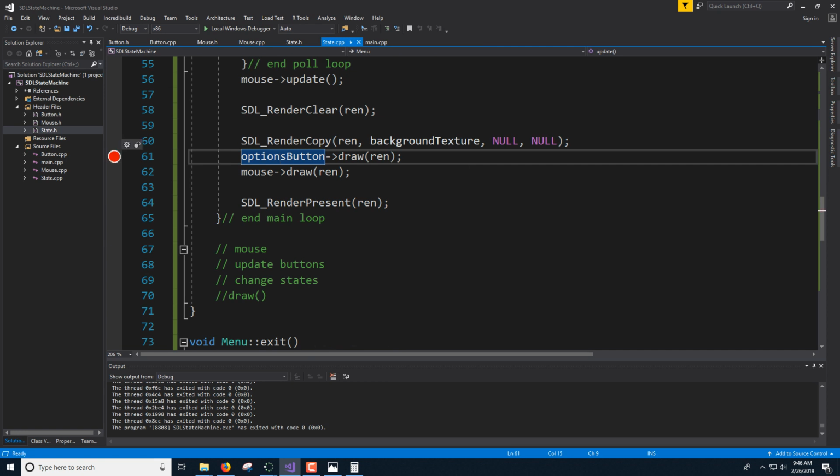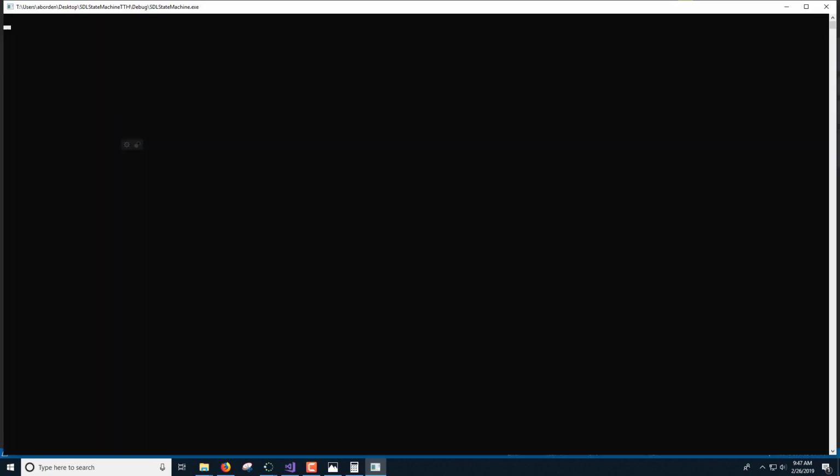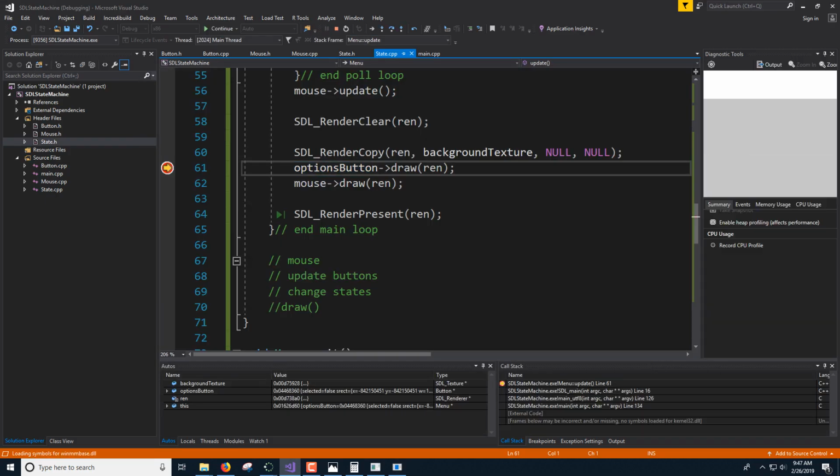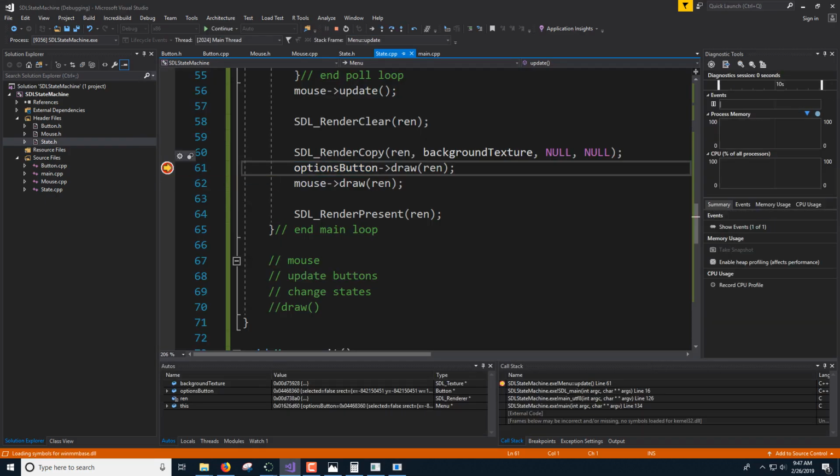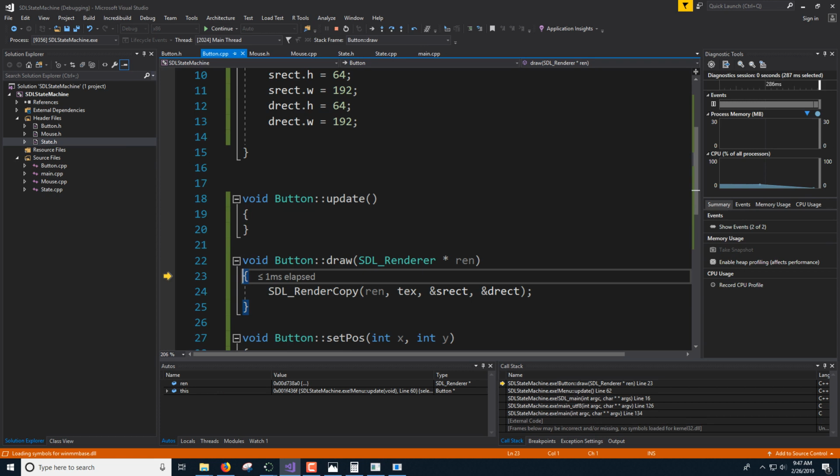So I just put a breakpoint here, and I'll run it in debug mode, and it's going to stop here. Now, when your debugger stops, this line has not been executed yet. It is about to be executed. So I'm going to step in. That means I want to go into this draw function, and it takes me there. I'm going to step over until this arrow is pointing at this,